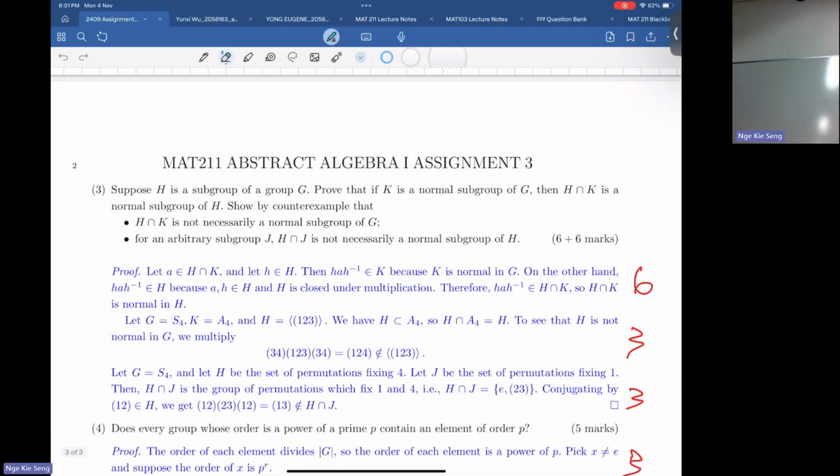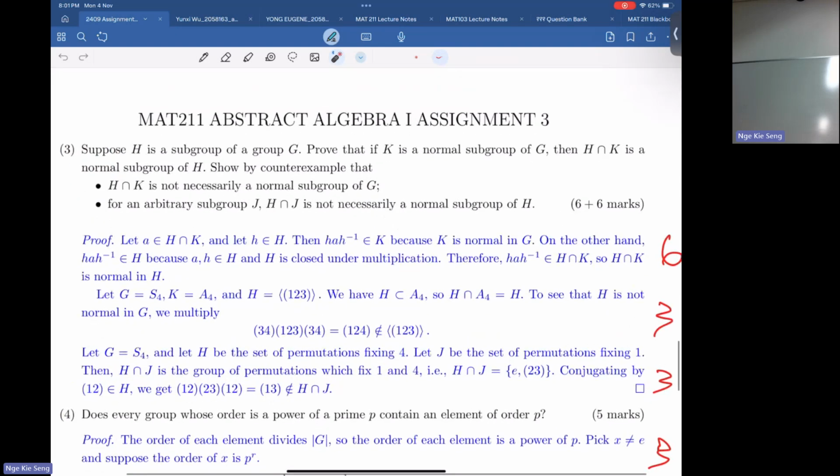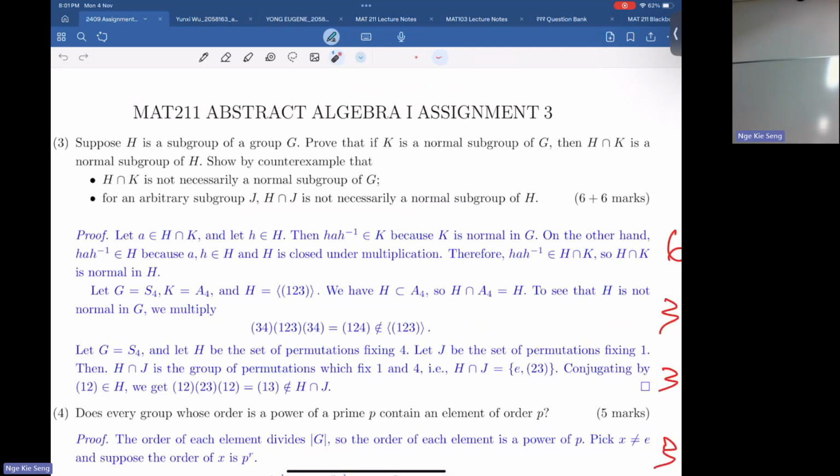For this question, I think normal is quite easy for you guys. How about finding the counterexample? So what is this counterexample asking? You know? Let me ask Zheng Yue. What's this first counterexample asking? What's the difference between this statement and the previous statement that you have proven?